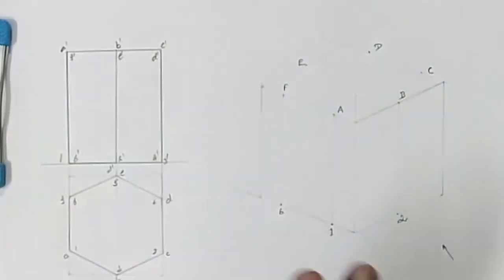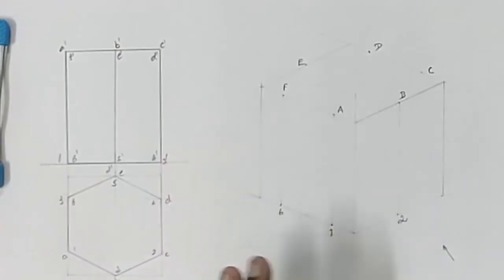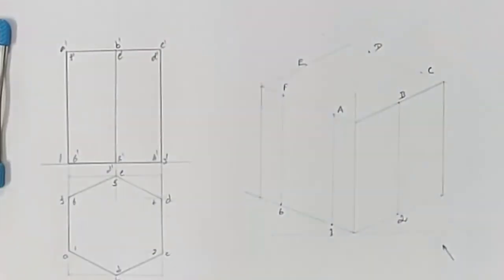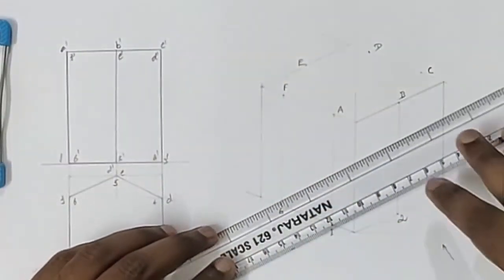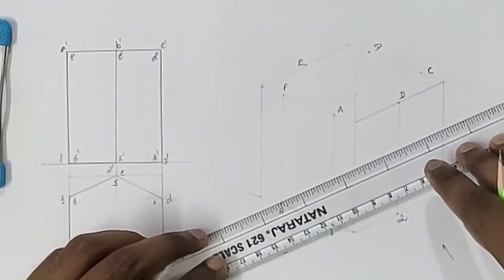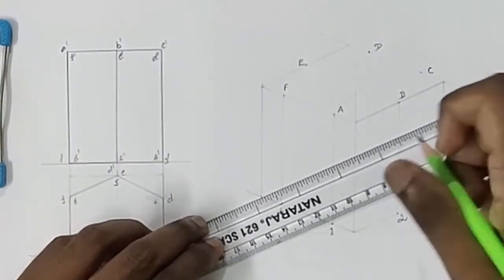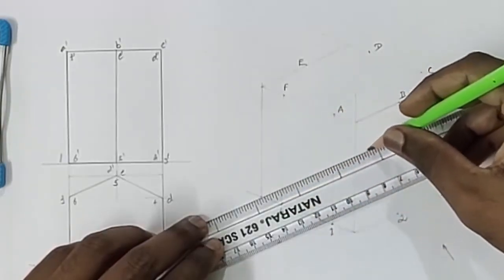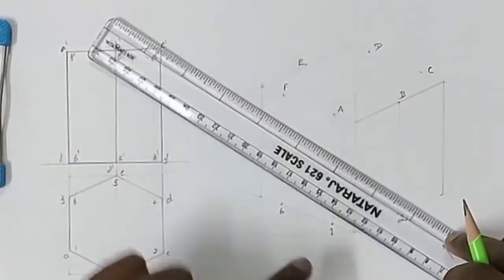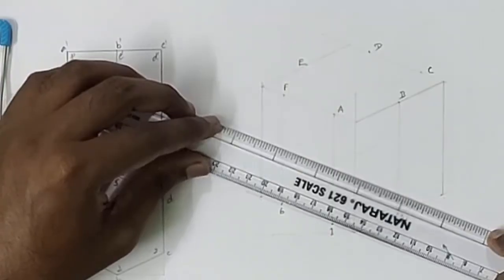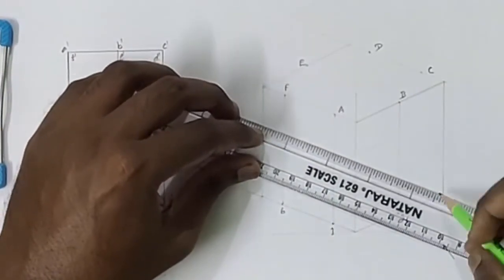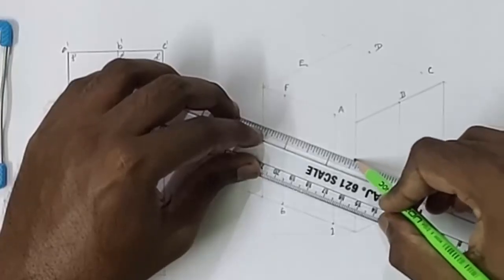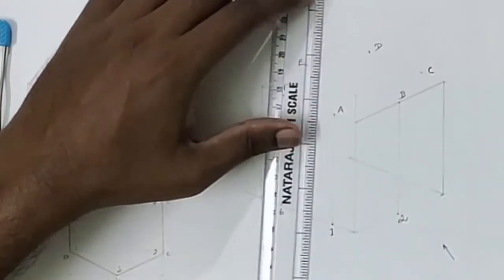Okay, now we have drawn the front plane, left plane and the top plane. Now let us draw the base plane. Already we have drawn two lines for the base plane. So now parallel to this line, I am drawing a line here. Keeping parallel to this 30-degree line, I am marking a line here. Similarly, parallel to this line, I am marking another line here. Okay, this is the base plane.